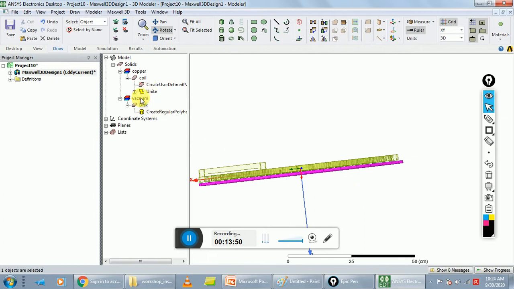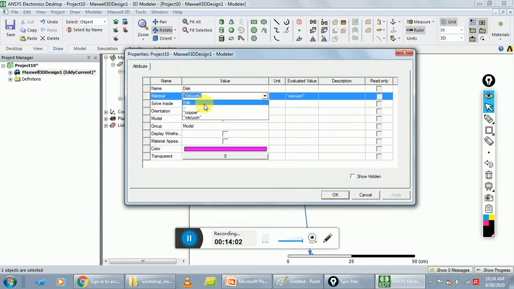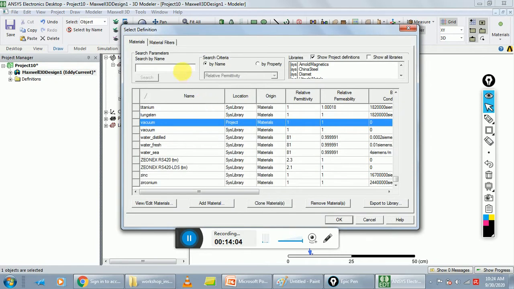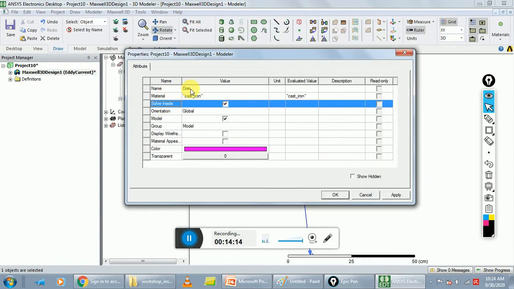Assign the material. Material is cast iron. Change the name, material name is cast iron, and color is any color different from the coil, and click on OK.